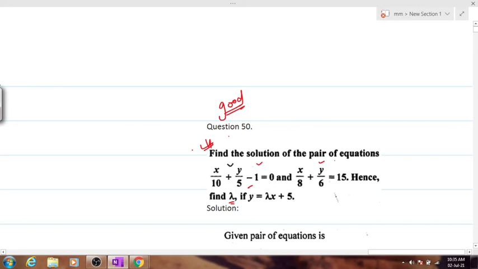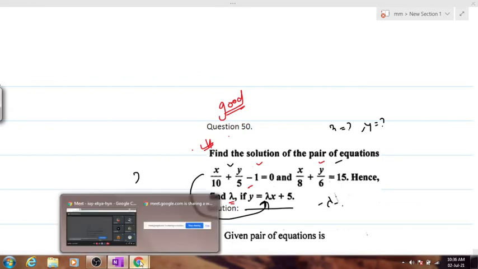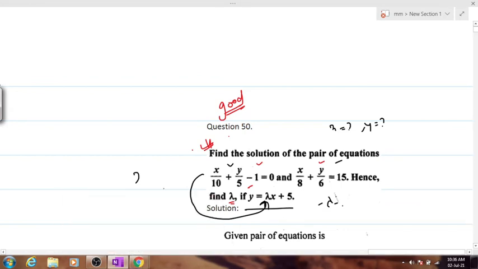Two equations have been given to you. You've been asked to find out the value for x and y. And then you have to go on to find the value for lambda. This term is known as lambda symbol. So you'll have to calculate the value for x and y and then substitute the values for x and y in this equation to get the value for lambda. I'll give you exactly around 2 minutes to solve it. Let's see who can get me the answer first. I hope people have understood what to do in this numerical. It's a very different kind of numerical. You should give it a try first.